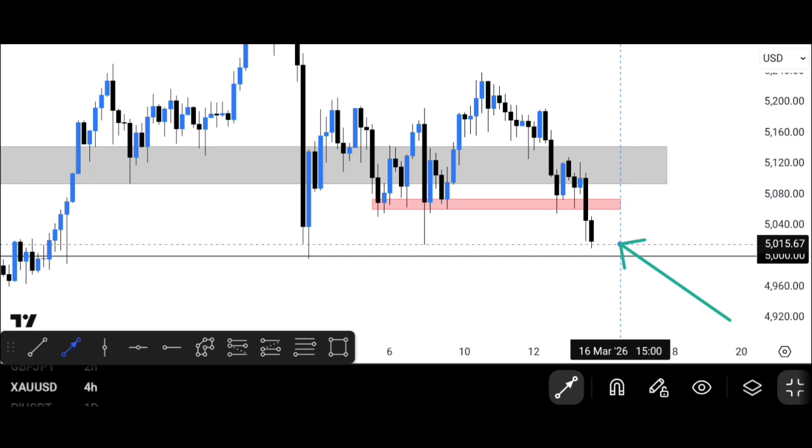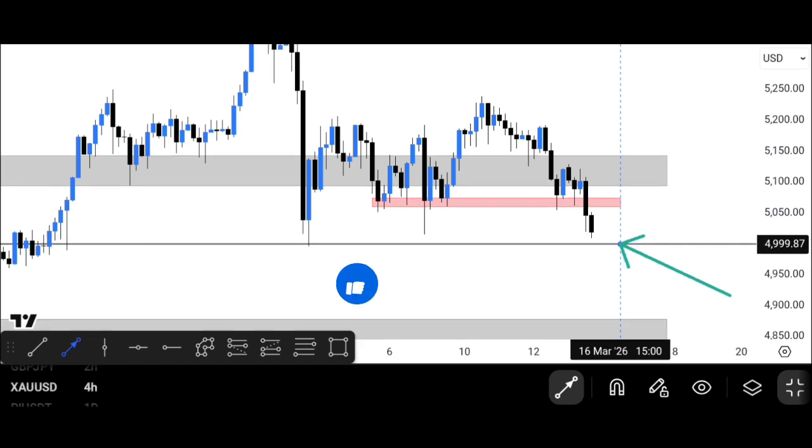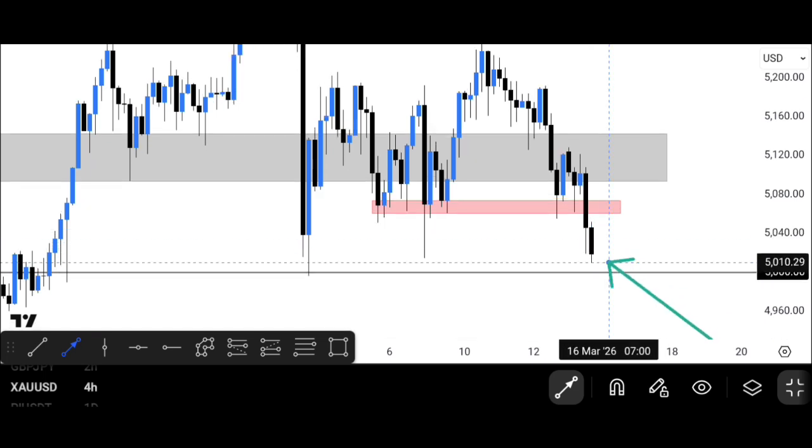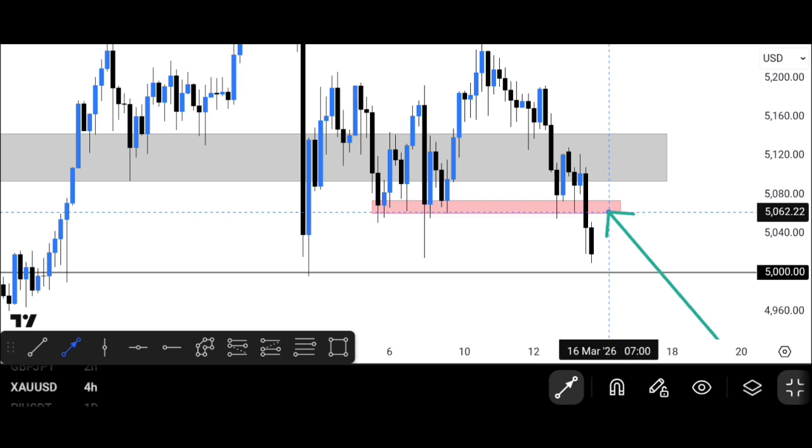You should just focus on trading from lower high zones to lower lows, or from lower high zones to equal lows. You get, and on a bullish trend, you should just focus on trading from higher low zones to higher highs, or from higher low zones to equal highs. You get, that's what you should focus on. So right now, like I said, we are focusing on lower high zones to either equal lows or lower lows. So from this zone, if you get a retracement, I see this zone as a potential lower high zone.